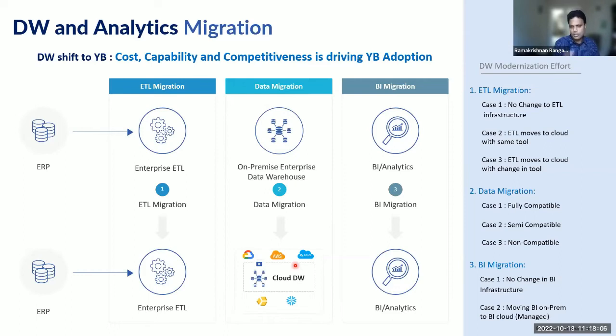Now, as outlined in the slide, modernization is migration of the data analytics environment from the current traditional state to a more modern state, right? At the heart of this migration is what we call data migration. What this involves is migrating from a current traditional data warehouse system that is running on Netezza or Oracle or SQL Server to a cloud-based ecosystem, more specifically a hybrid ecosystem where the data warehouses can be on the cloud, on hybrid, or on edge, and so on.